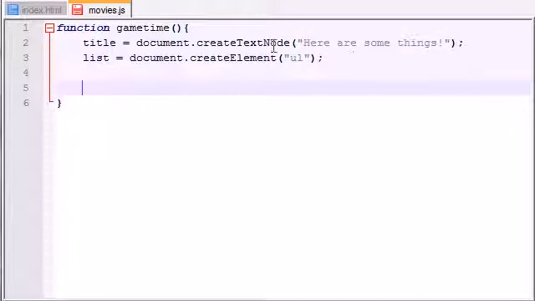So now what we basically did is we created a piece of text, and this is kind of going to be like the header, and we also created an unordered list. Now what we need to do is actually add items to that list. So let's go ahead and see how to do that. Item 1 equals